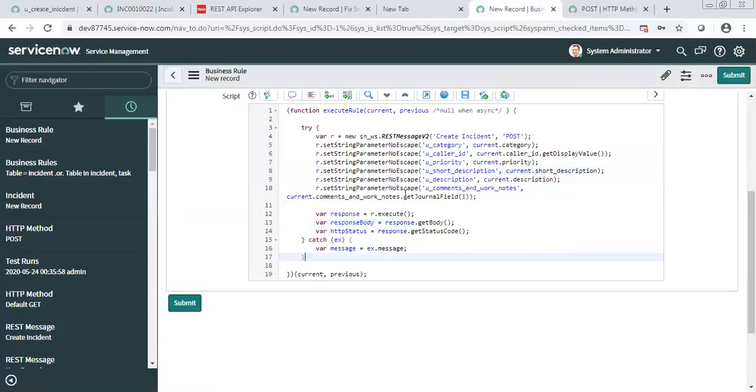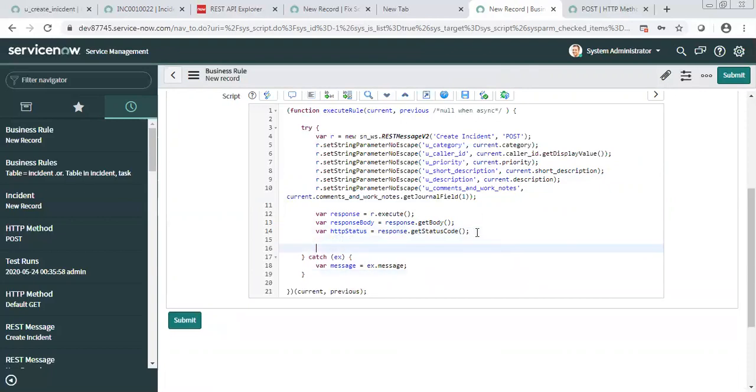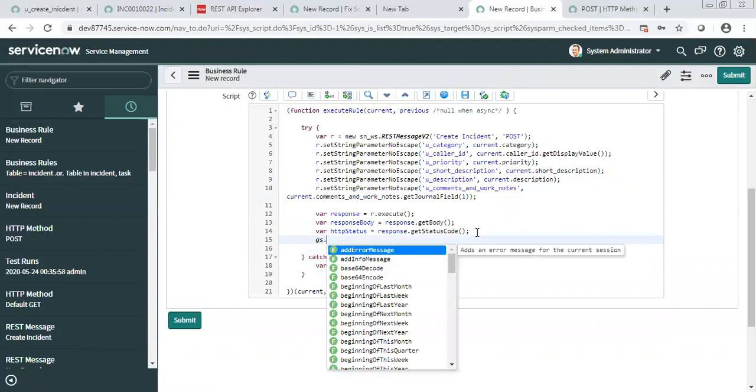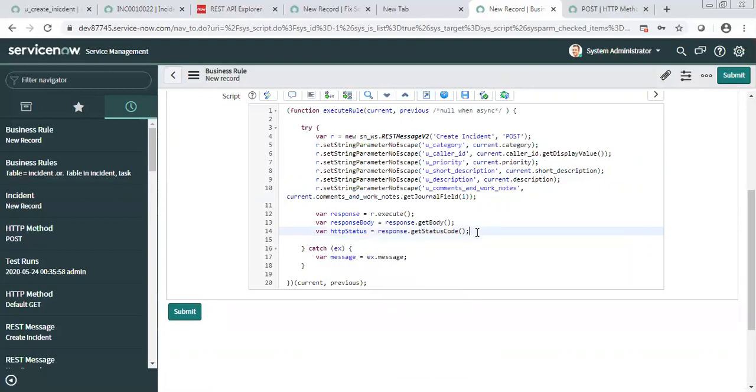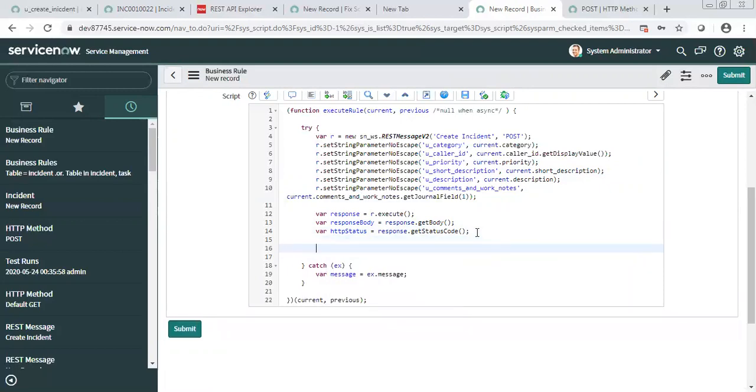So in case of a reference field or any general field, we'll use these methods or functions, right? Yeah. Okay, then what you can do, you can also put some logs so that you can see what you are sending. So gs.log, just to see in the troubleshooting, right? Yeah, if you want to troubleshoot, to see what is going on, you can make use of your gs.log, and here you can put test.